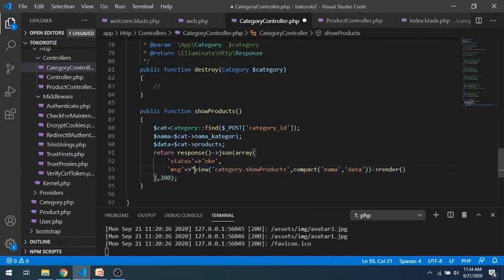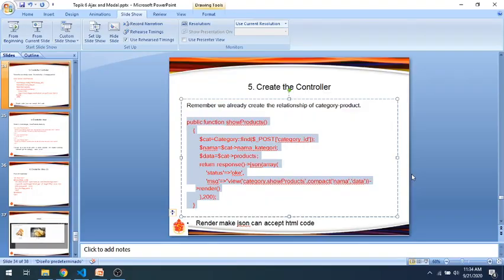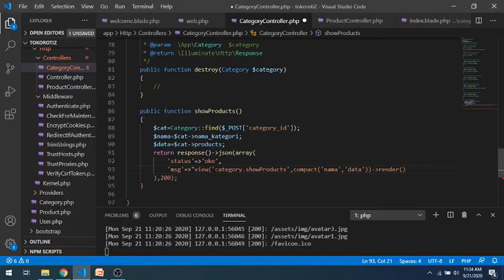Oops, sorry, there is another this one. Okay, we call the view, and there is a render here.